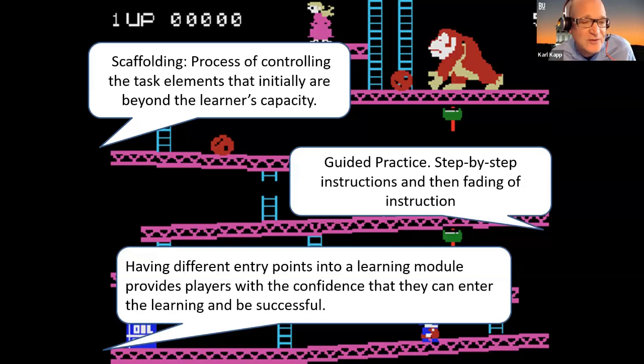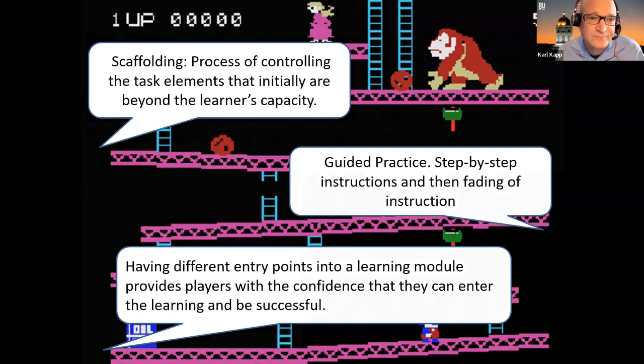Another way to do that is have multiple levels of help. So for example, you might have help that says, here's a vague clue that you kind of still have to interpret. Or the second level of help is, here's a more specific clue. Or the third level is, here's the answer, right? So you could have different help embedded as scaffolding as well into your gamified instruction.